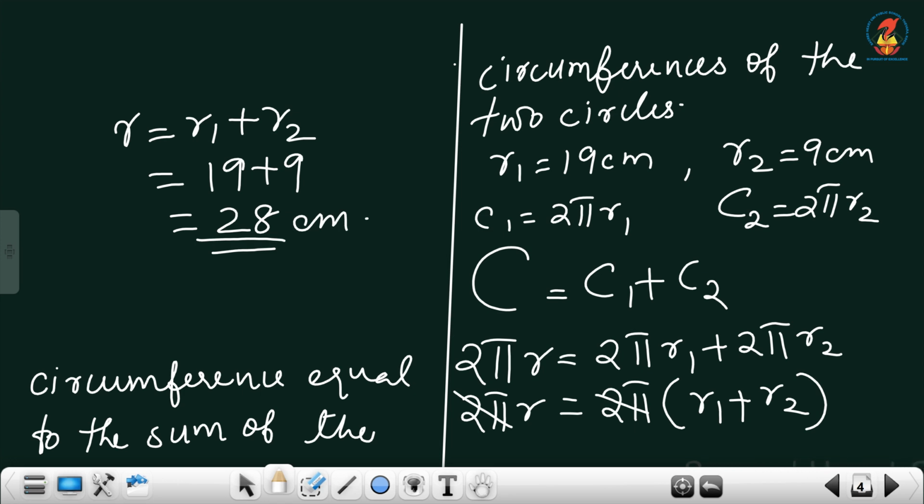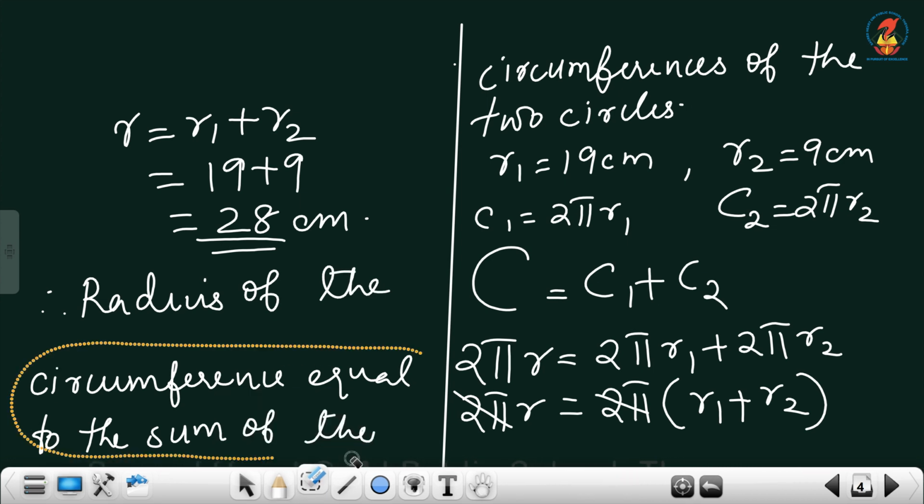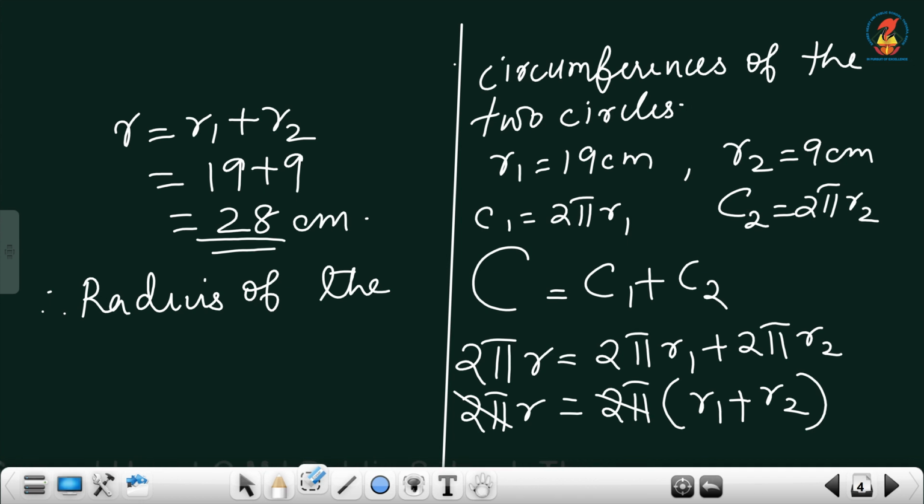So, the radius of the required circle is equal to, you have to write the final answer. Therefore, the radius of the required circle is equal to